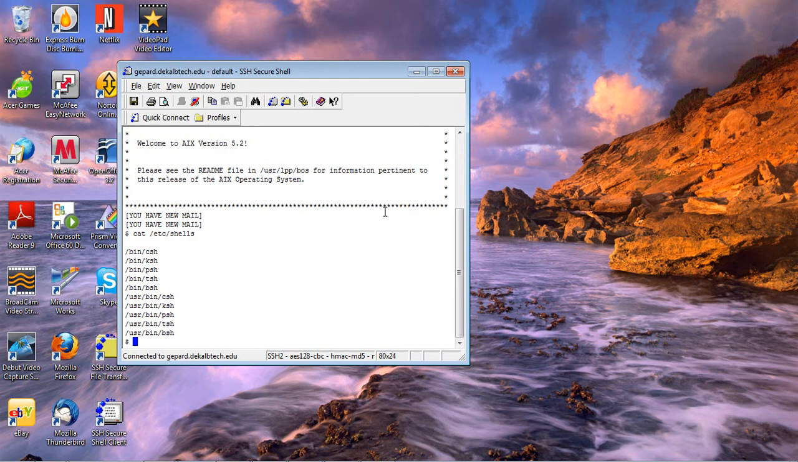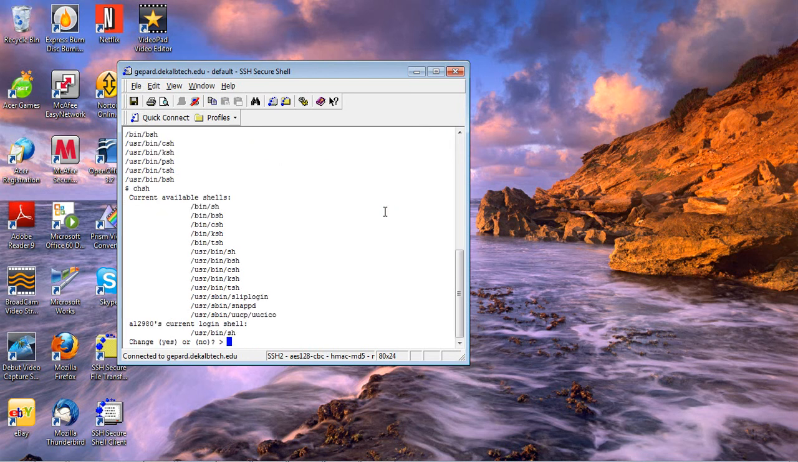If you also want to change your shell and are not sure which shell you are currently located in, you may do so also. Here's a quick tip. At the prompt, to see what shell you are currently located in, and to change, type in chsh and press enter. This will also provide you with a list of shells that are currently available to you. It will also show you what shell you are currently located in. As you'll see, right above where it says change yes or no, you'll see what shell I am currently